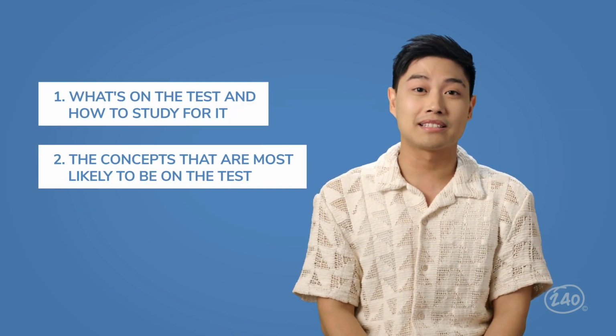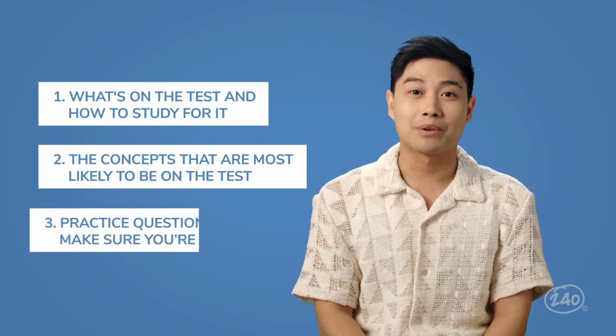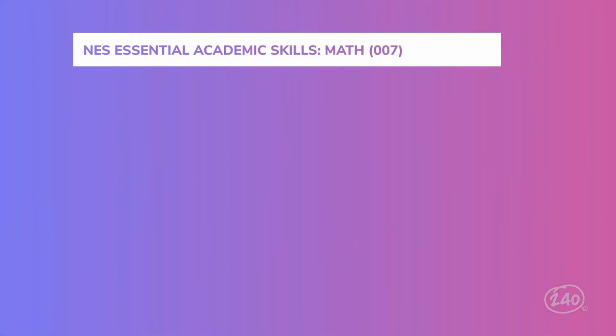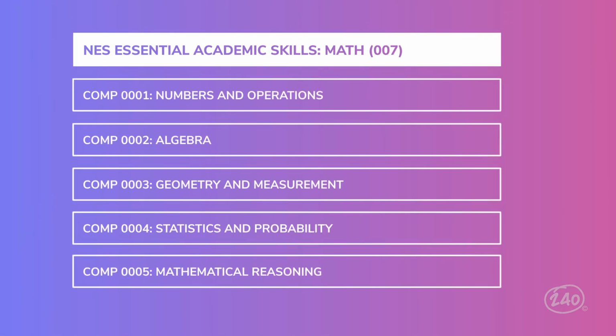We're gonna cover 3 things: what's on the test and how it's structured, the most likely concepts that will be on the test, and we're gonna look at a few practice questions. Ready? Let's go. Now, the NES Essential Academic Skills Math exam consists of approximately 45 total questions that come from